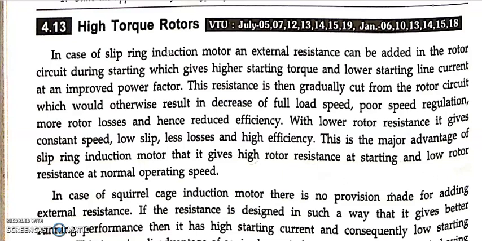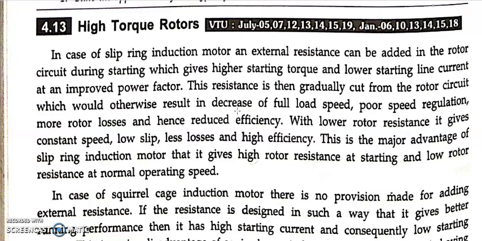So in that case, if you want to use that motor for any high load conditions, then it will not be possible to use. So to tackle this we are using high torque rotors in your squirrel cage induction motor. Means we are using a special type of rotor, making certain changes in your existing squirrel cage so that it should offer high resistance initially, so that high starting torque is produced as well as low starting current is flowed to the rotor circuit.